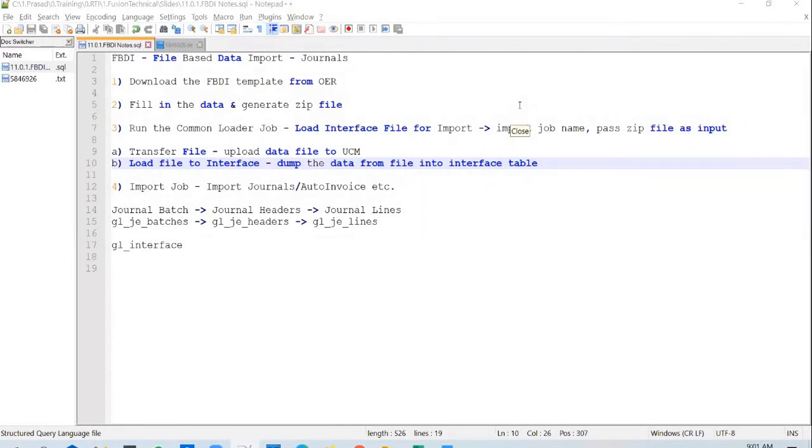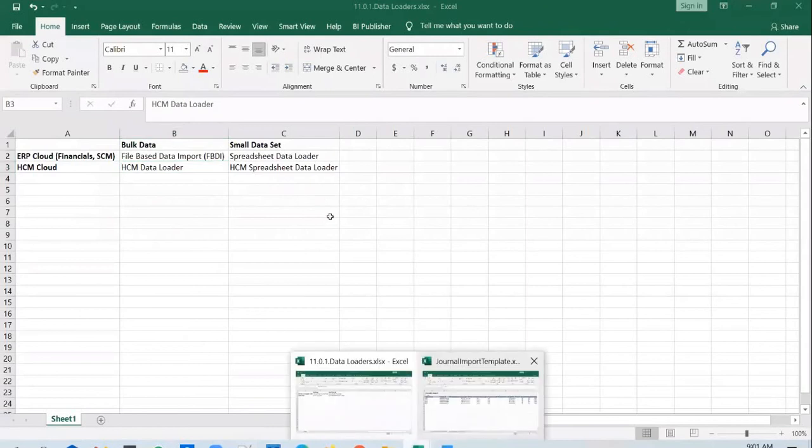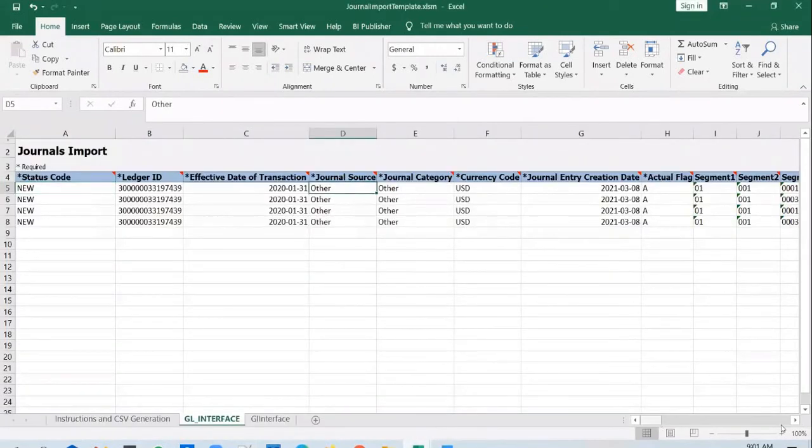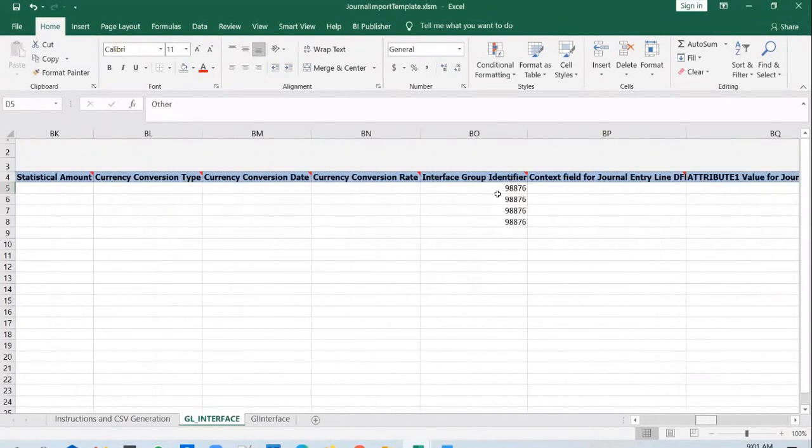Yes, Suresh. Prasad, actually it is specifically related to this journal import process. Now we are mentioning some group ID, right? And we are giving some random number, but there is a high possibility that this number may already exist also. Maybe this is errored out. So during that time, that group ID will also be there in the interface table. If I run the load program, it will pick up that journal also. Since that already has some error, our journal will also fail, right? There is a high chance. So every time we have to go and query the database and check it out.